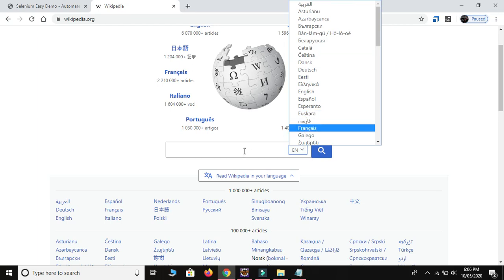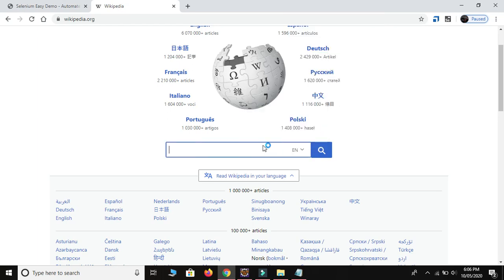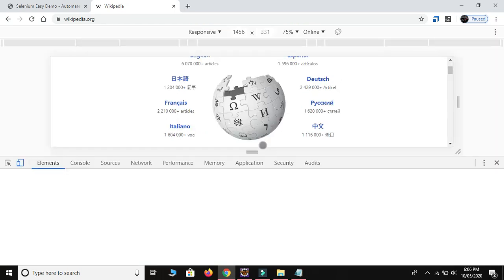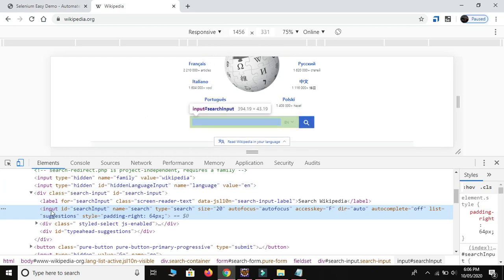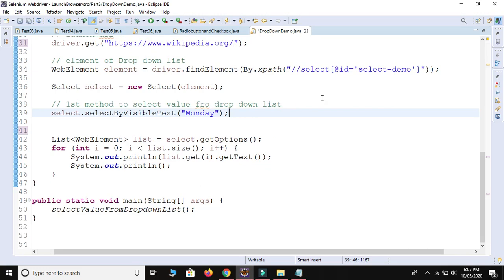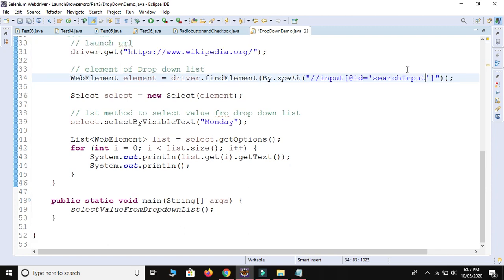So let me inspect this parent list. This is the complete parent element, and it comes under an input whose id is equal to this. So just copy it. It comes under which tag? The input tag. So I will use input and the id I have just copied, Control Shift F and Control C. Now